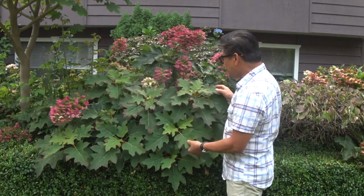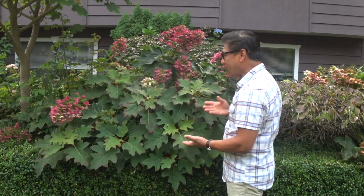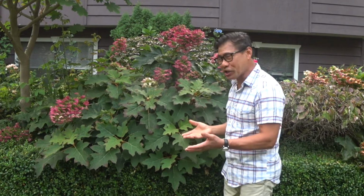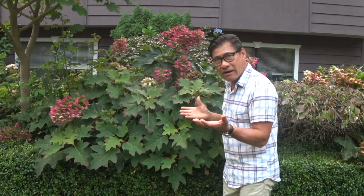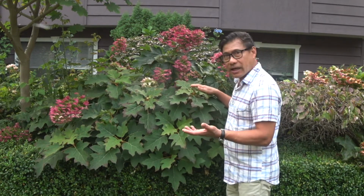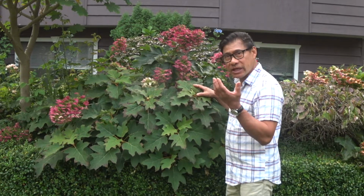Apparently, this particular Oakleaf that I have in my yard, I heavily pruned it last year. That's the reason why some of the branches don't have flowers, because Oakleaf hydrangeas flower from the old